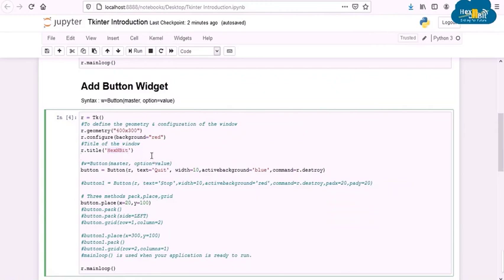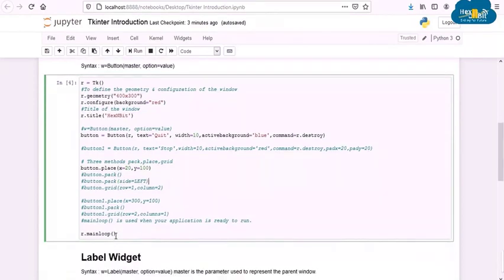Now we are adding the button using this statement. Here R is the frame on which we are adding the button. The text which we want to display on the button is quit. The background when we click on the button will be blue and is called active background. The parameter command is set to r.destroy so that the GUI exits when we click the button. We are manually placing the button at the location 20,100, but there are other options as well, which we have commented for now. You may uncomment and try this when you download this notebook.